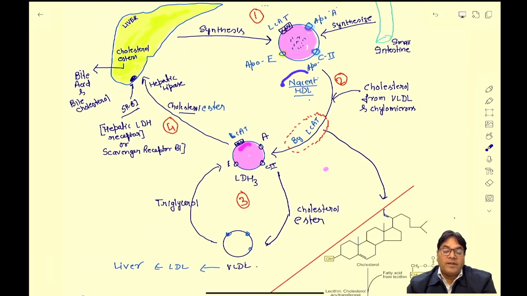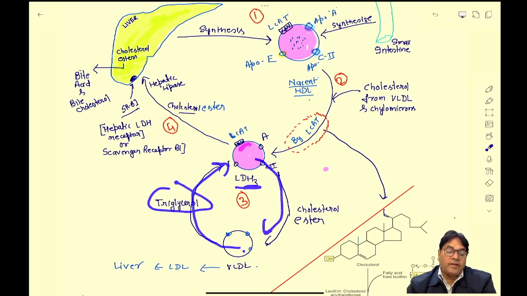So this nascent HDL is converted into HDL3 when it receives further cholesterol, and then cholesterol is further metabolized by the enzyme LCAT. Now this HDL gives cholesterol esters to the VLDL, and the VLDL in turn gives more of the triglyceride back to the